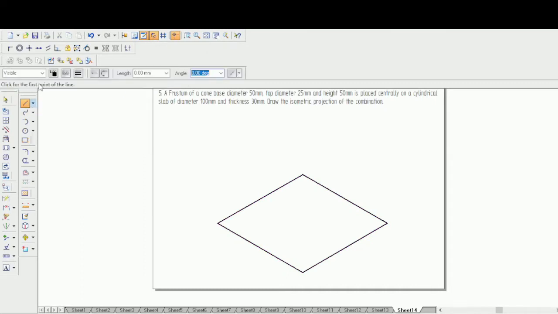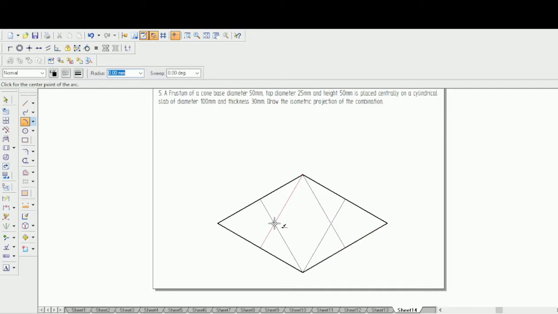So next thing you have to do is go to normal line. Because you are going to create a cylindrical slab, at the midpoint let me try to draw a line over here. Similarly here at the midpoint let me draw a line. Similarly from this corner let me draw a line to this midpoint. So this is the indication of midpoint as I told you. Similarly here at the midpoint. So now go to